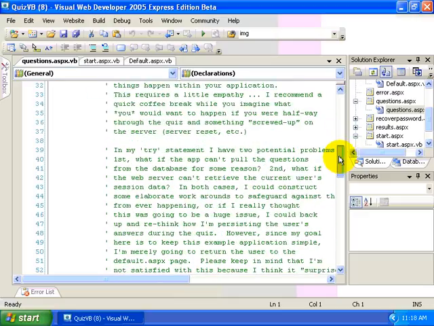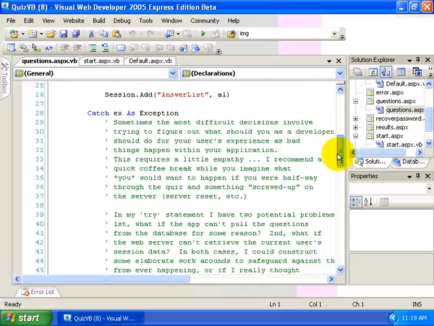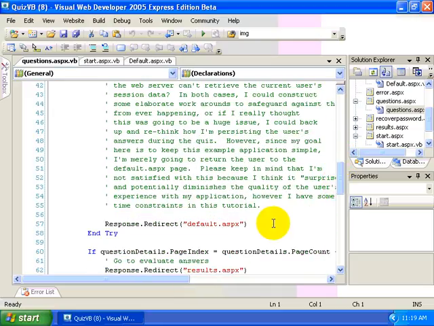But I still want to acknowledge them and think through those things. In my case, I'm taking a very weaselly, cheesy way out, and that is to simply send them back to the default.aspx page. There's other options. I could try to send myself an email as the webmaster from this spot right here in our catch statement. I could try logging this exception to the log file. I could throw the exception after that so that the user will then be sent to the error.aspx page. These are all good viable options. In this particular case, I didn't do that, but that's something that we may need to consider in future iterations